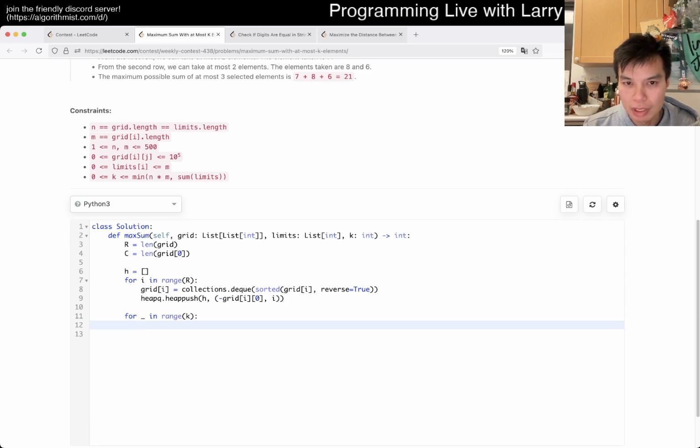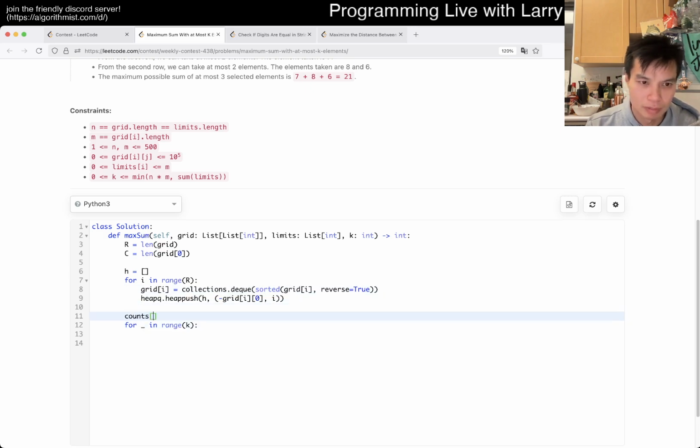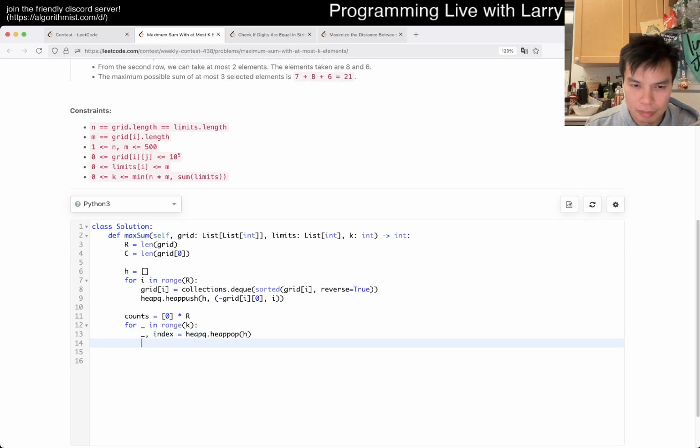We want to say limits of i. I mean, it's fine. We just have to keep track, right? Maybe just counts of i. I mean, you could probably do this implicitly, but I want to do this explicitly. Okay, so then now the heapq.heappop of h will give us the value and then the row number, right? The value doesn't matter yet. I guess it does, right? So then now if counts of index